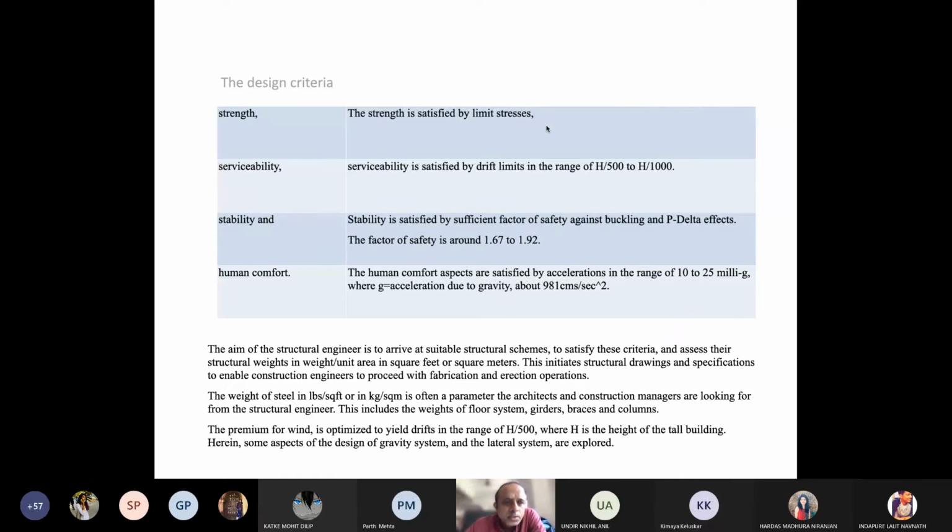Now, what are the design criteria of the building? Again, broken into 4 components: strength, serviceability, stability. This is from a research paper which was published. I'll give you the details of that also. So it's not essentially our work, but this helps us in understanding how structural engineer, what is the information structural engineers require and what is the information that we should expect from them. Yeah. So number one is the strength. The strength is satisfied by the limit stresses. There are various methods of testing the strengths, but limit stress is the one which is more prevalent for high-rise